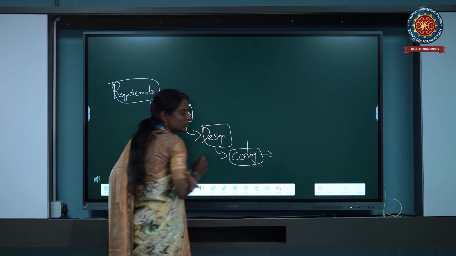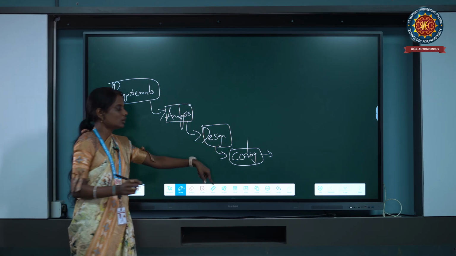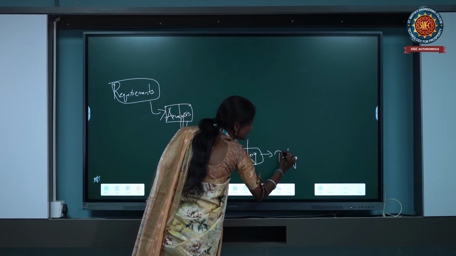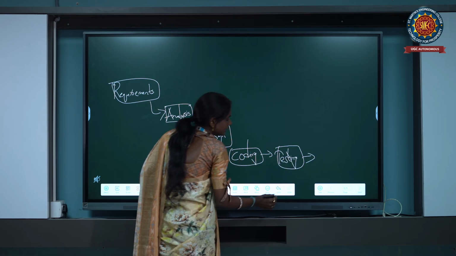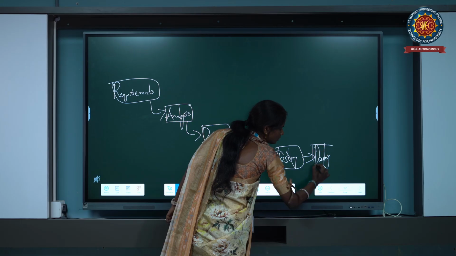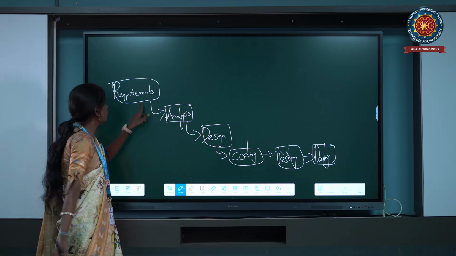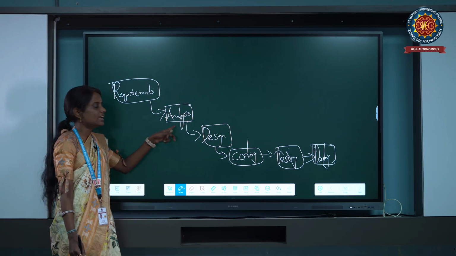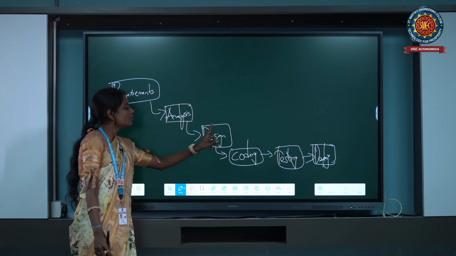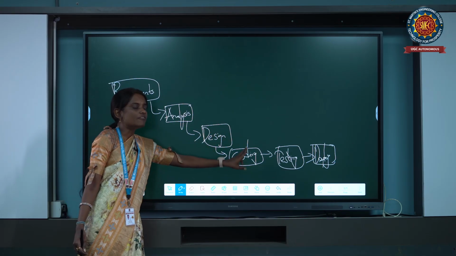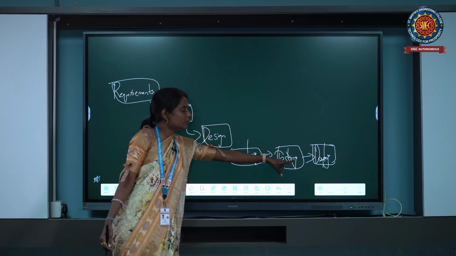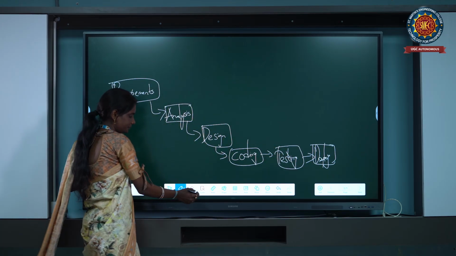In this coding, the developers will be involved for developing the code. At last, we'll do the testing of this coding. Once the coding is developed, we do the testing, and then deployment is done. See, in the waterfall model, first we gather the requirements, we do the analysis, and once analysis is done, we design the detailed document which is required. Based on the document, we do the coding part. After doing the coding, we test whether the code is working properly or not. After testing, we deploy the code into the production environment.